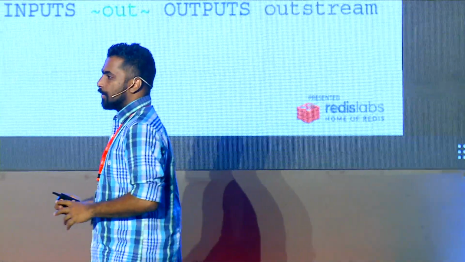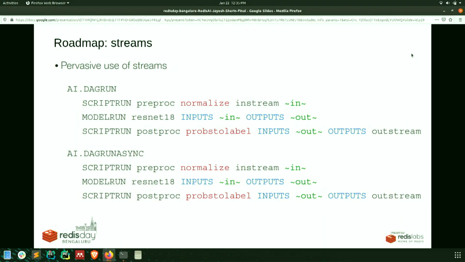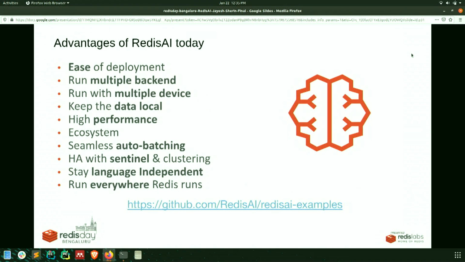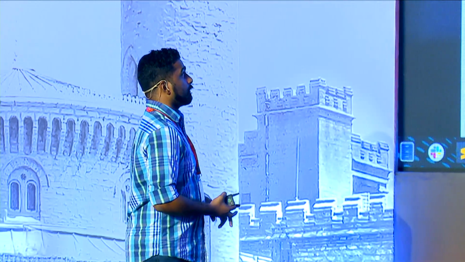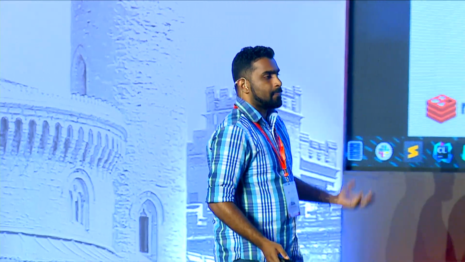Streams: you can connect it to an input stream of data and plug the output to an output stream of data, so then you don't have to do this get or tensor set command. It automatically happens along with the streams. So this is sort of giving you all the information in a nutshell. Ease of deployment. I'll be talking a bit more about all of this in the next deep dive talk. So if you want to know a bit more about any of these features, please come back to the deep dive talk.